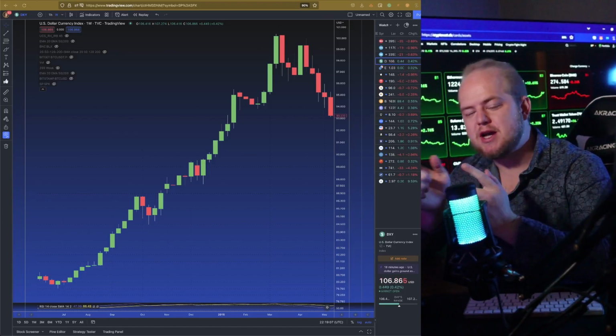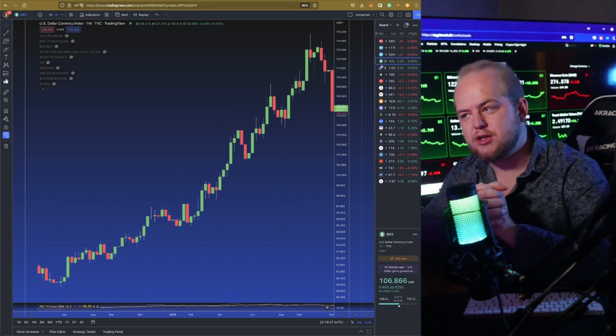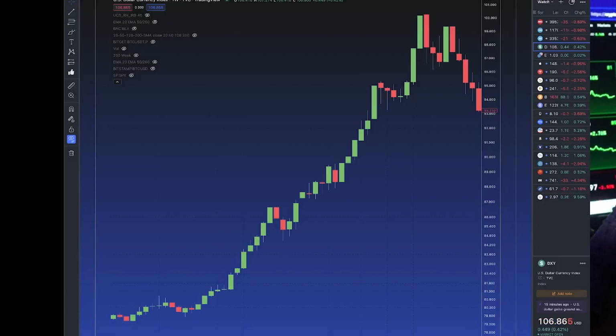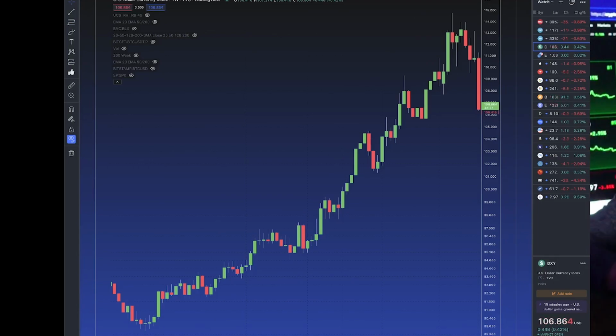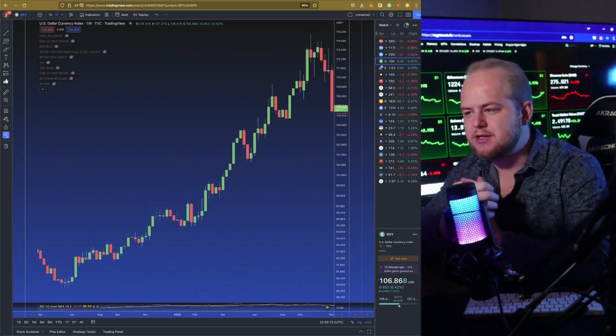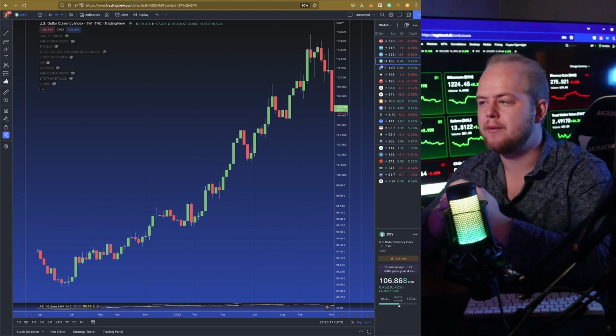This is the US dollar index in the year 2015. And this is the US dollar index in the current day. Once again, here's 2015. And once again, this is the current day in 2022. So the setup between these two areas seems to be extremely similar, coming off of a major parabolic run,